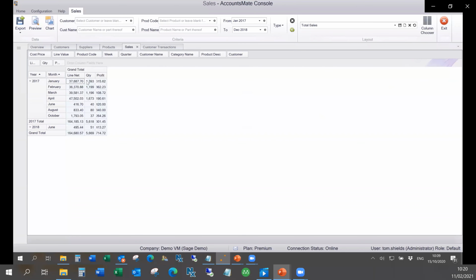Okay. So sales value, quantity, and the profit made across the months. Okay, so that's total sales. I can save that if I then wanted to, if that's the view I want. If you wanted a further breakdown of that, you can pop into some other layouts we have, for example,